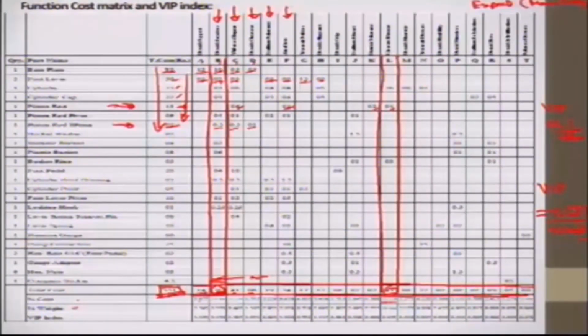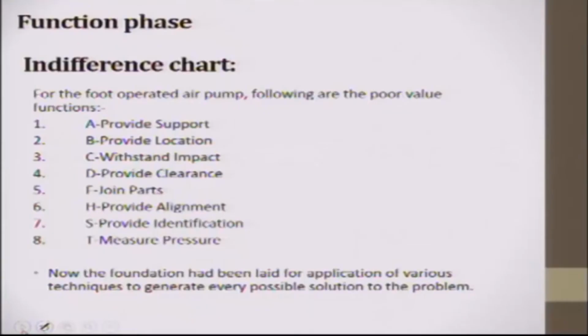We actually want to reduce the cost here. If the cost is high, this VIP would be greater than 1. VIP greater than 1 implies a poor value function, and we will work on that. So let us see. In the foot operated pump, the following are the poor value functions: A, B, C, D, F, H,